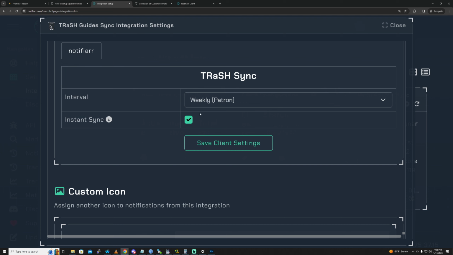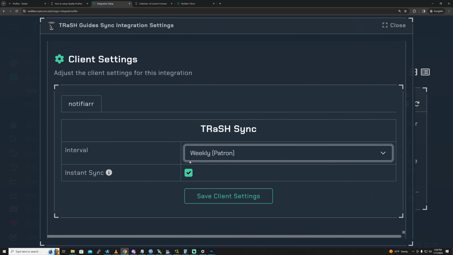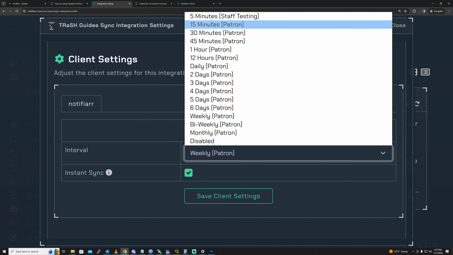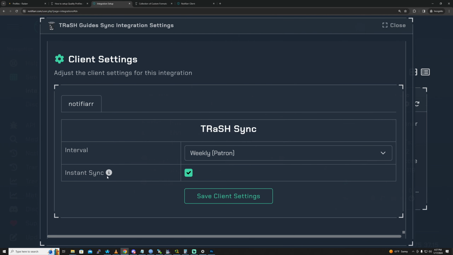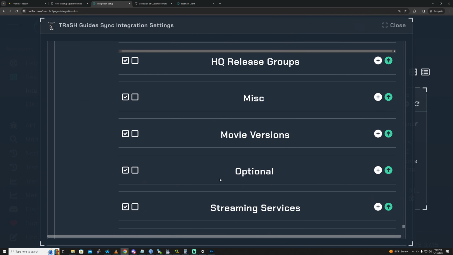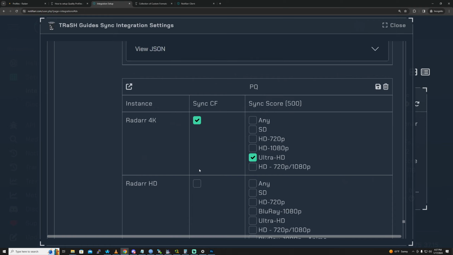So again, I believe then the interval doesn't really matter. I guess mine is instant sync. I might have to ask Nitsu on that, and I'll probably put that in the description. But I believe if you do instant sync, then the interval doesn't matter. But if you get rid of it, then the interval applies. So it's up to you. You can just do it down to 15 minutes, or you could just try instant sync, which is what I just did. But I also set the weekly just in case. Now,